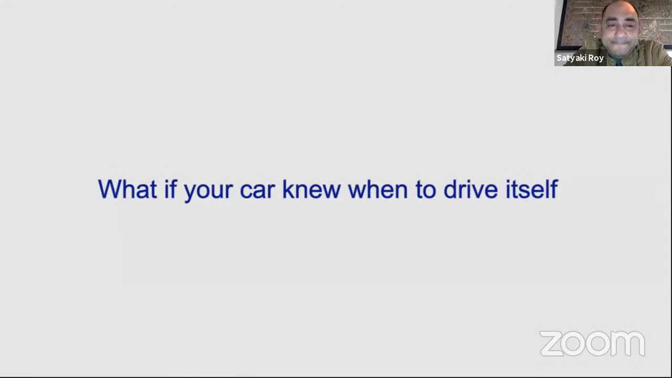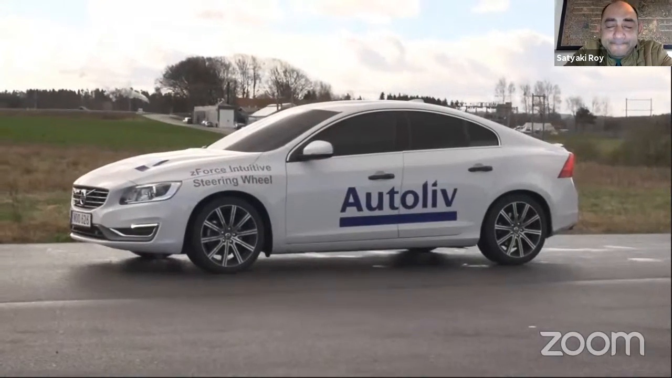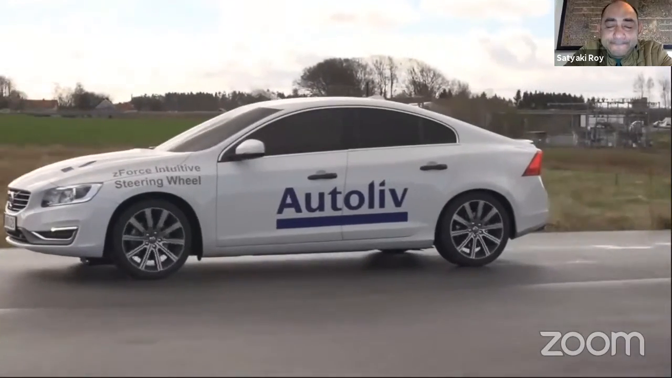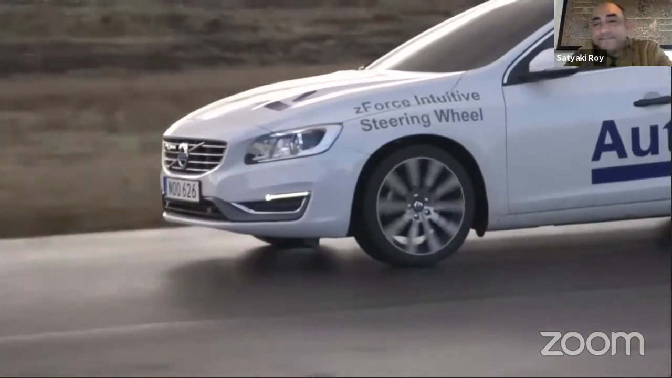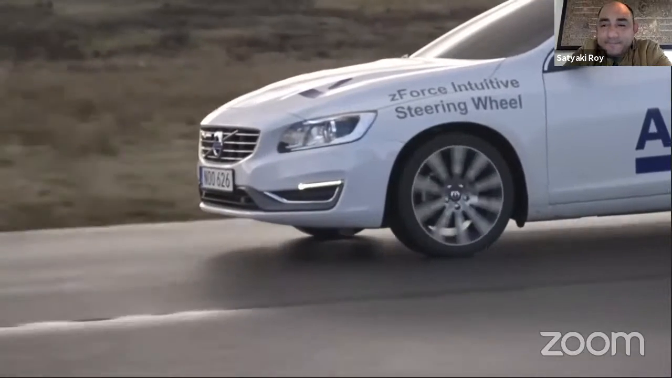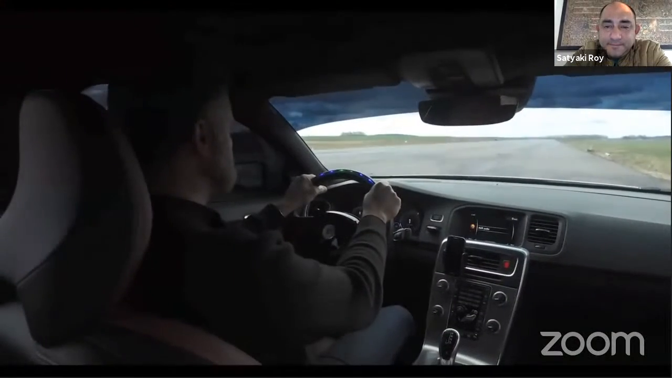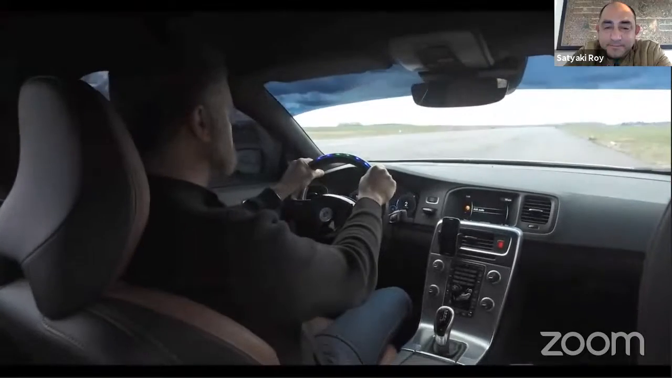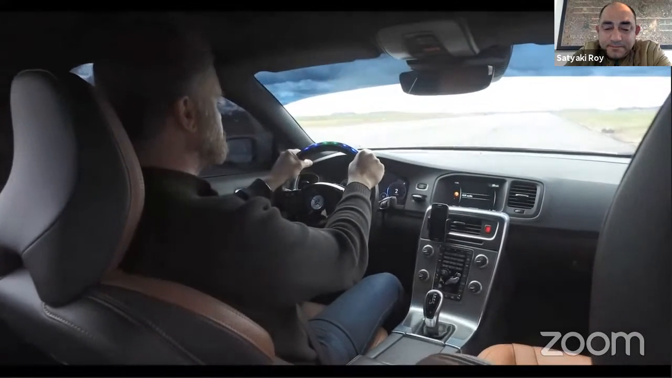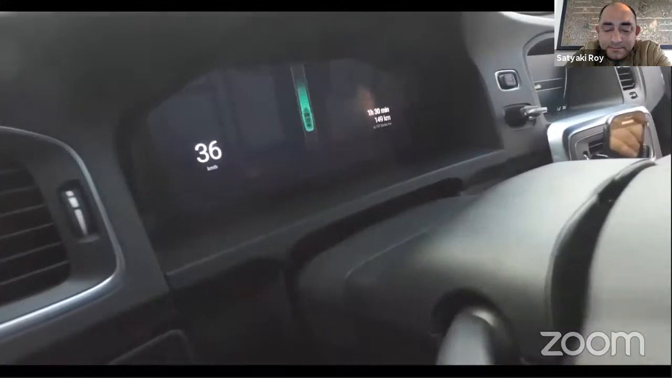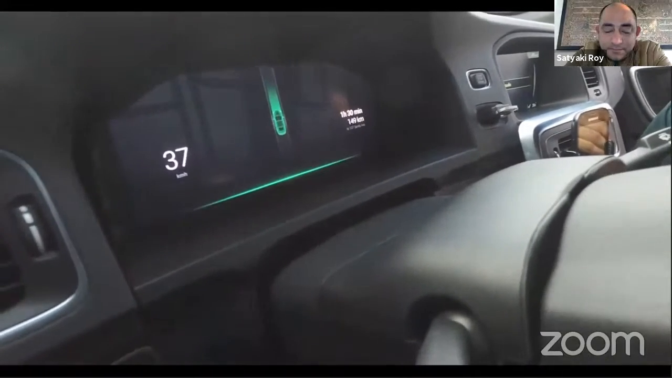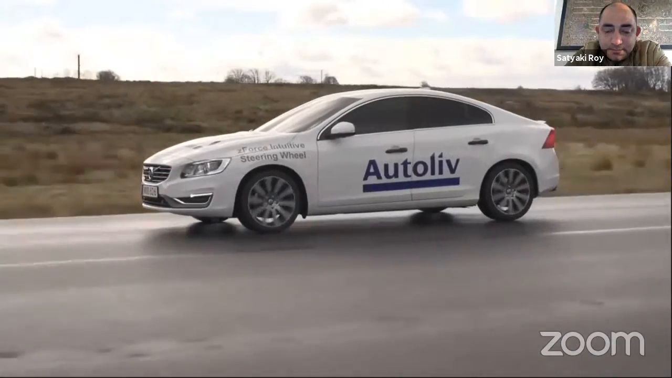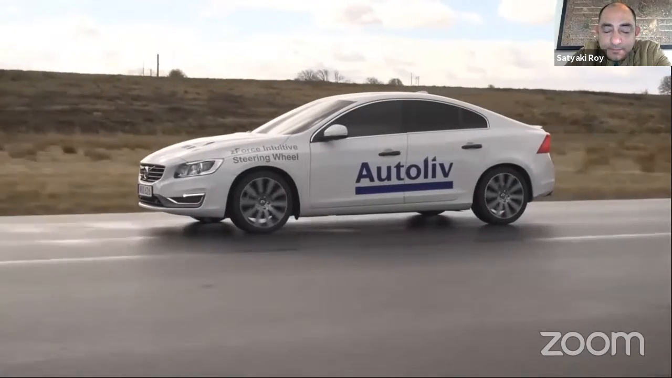What if your car knew when to drive itself? Z-Force Drive steering wheel can make that a reality with the capability to detect precise hand location and gesture recognition. Simply by removing your hands from the steering wheel, the vehicle knows to start driving by itself. Auto drive activated. The steering wheel is used to communicate with the driver, so safe transitions for autonomous driving can